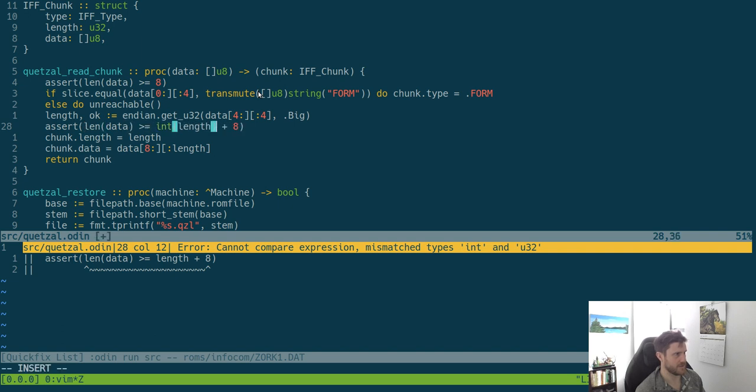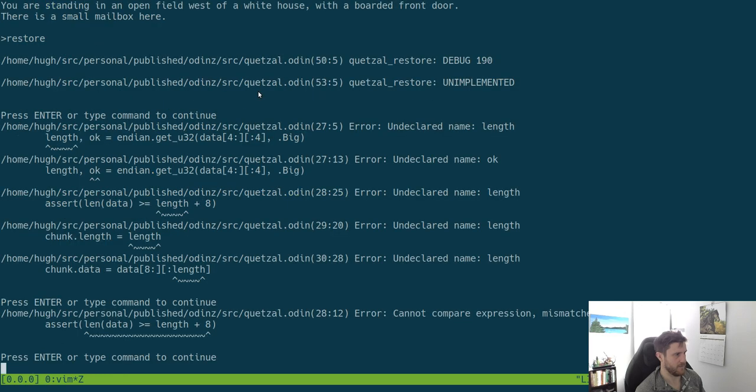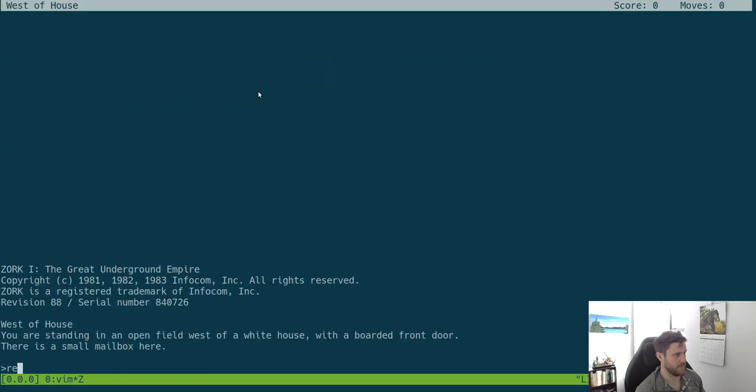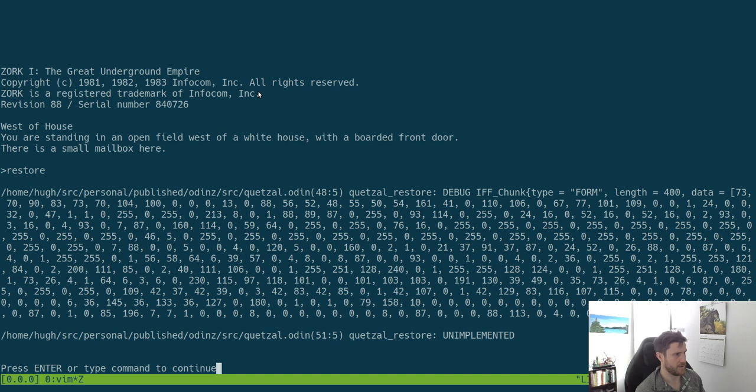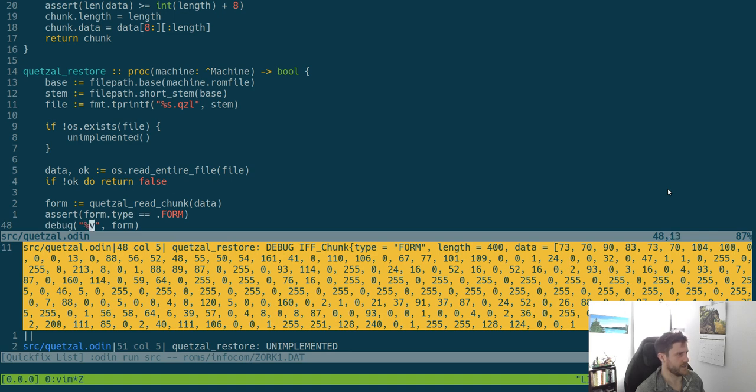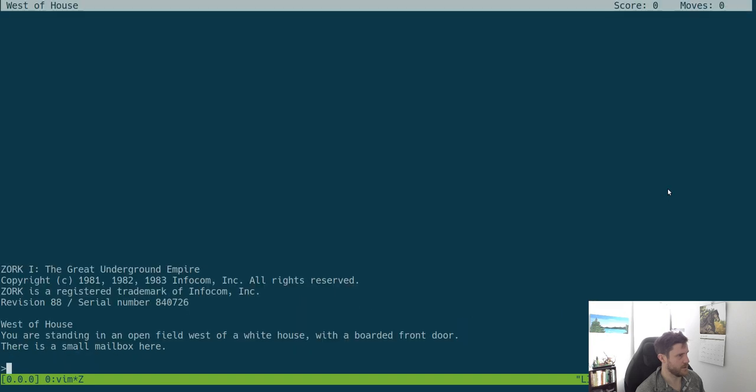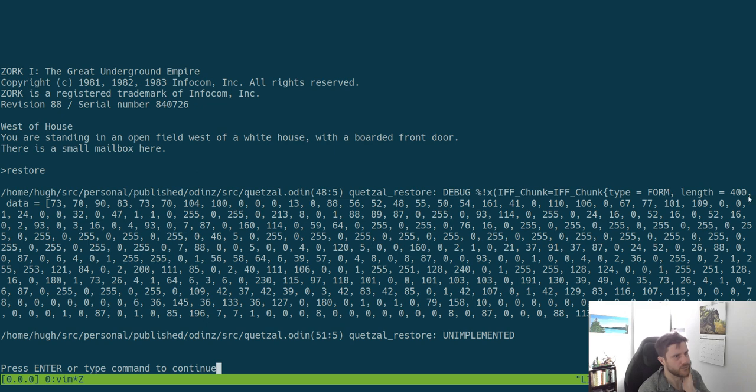We can do that. Cool. So that got our length. I wonder if we change that to be that. Cool. So this didn't do what I wanted, but